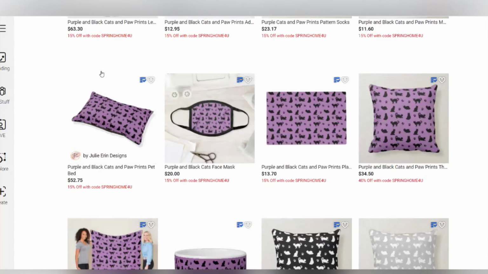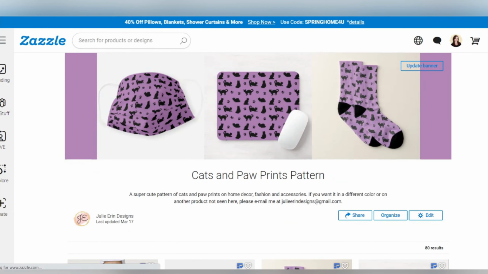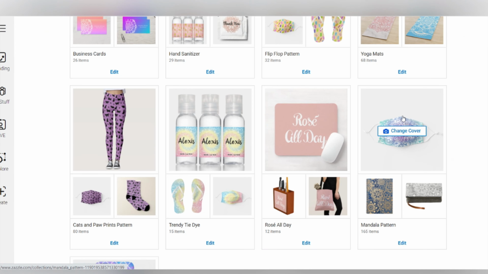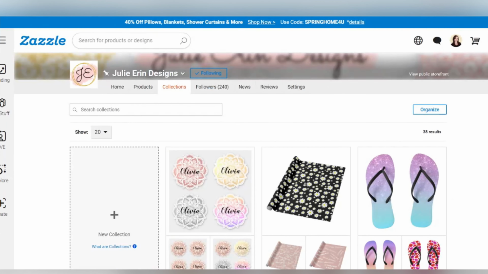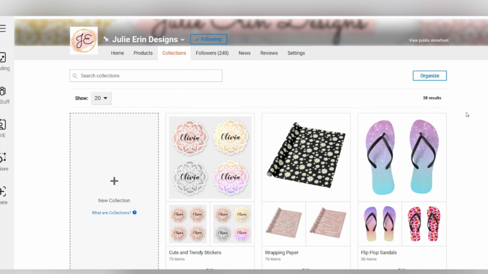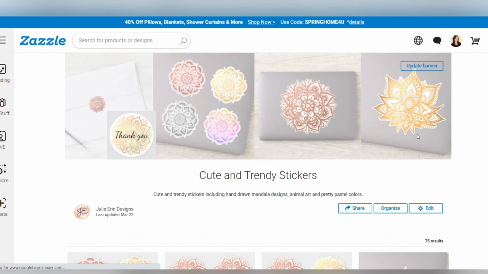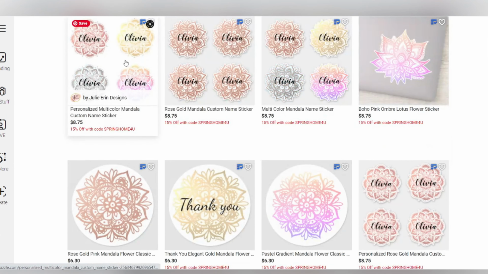Another way you could think about collections is if you have a whole product suite, a bunch of products that go together. Say you had a birthday party collection, and you've got plates and napkins and a table runner and party hats and all that kind of stuff that all matches. You'd want to put all of that into a collection so that it's easier for people to find all of